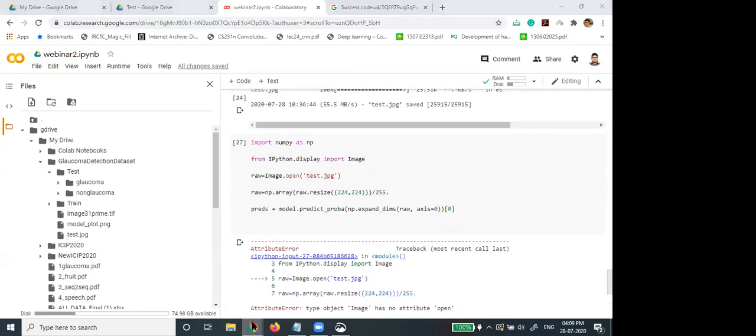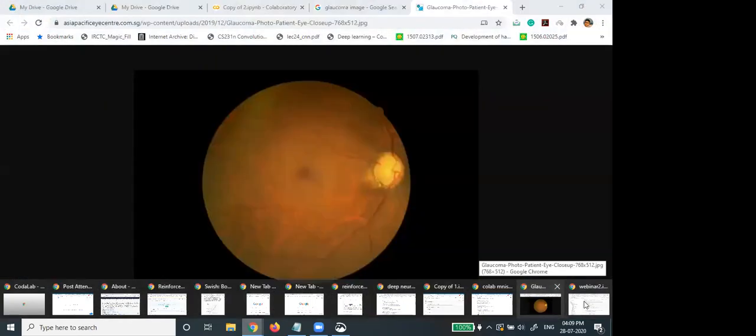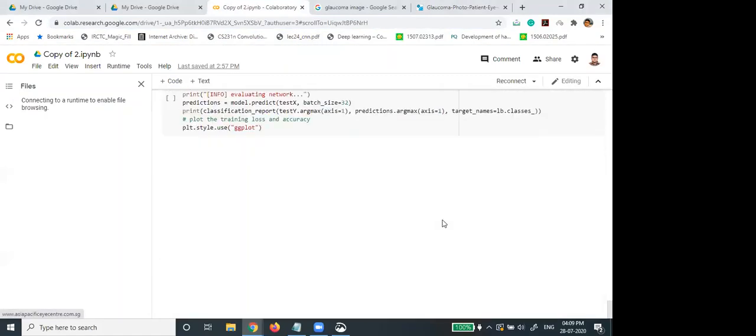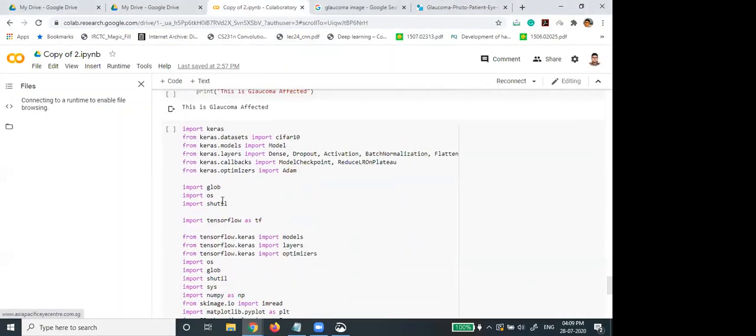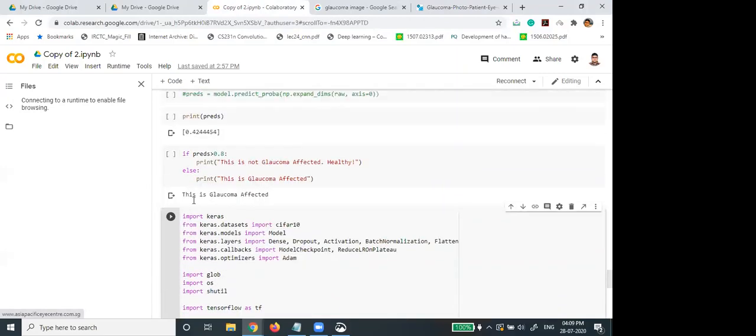So I have some import issue. Here you have to import few things. So I'm just copying this import thing.